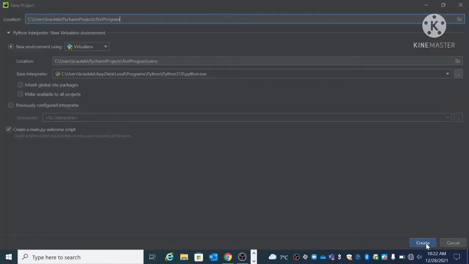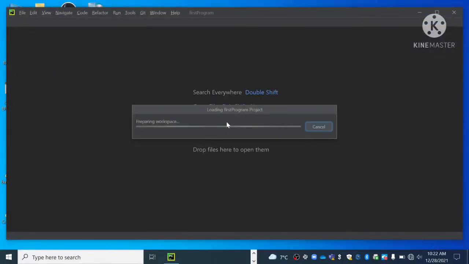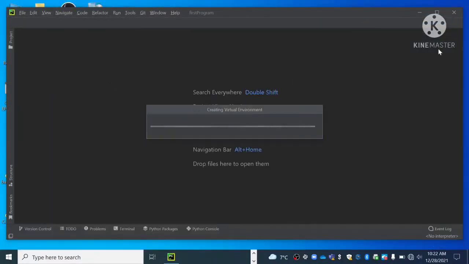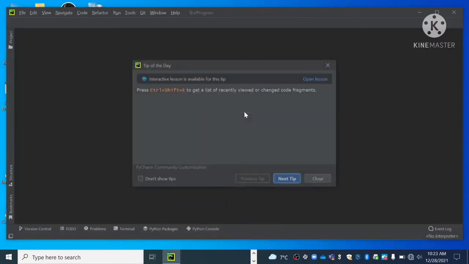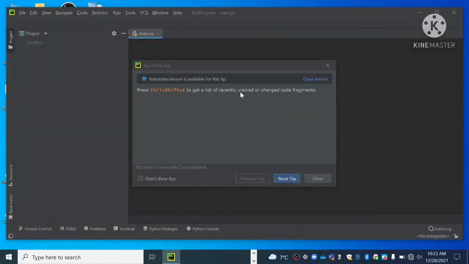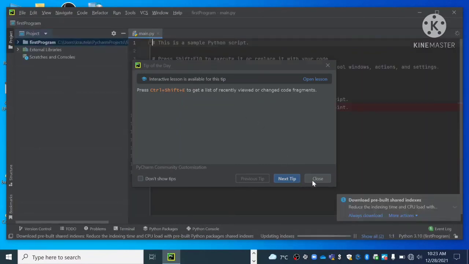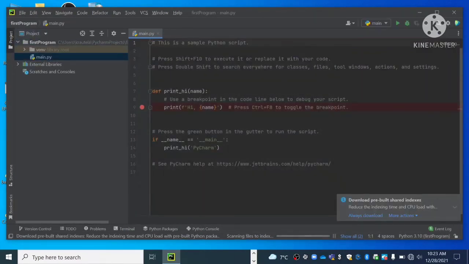Now we can click on Create. So it is setting up all the things, creating virtual environment. Now in the background we can see it is showing tips to us. We can skip this, we can close this out.